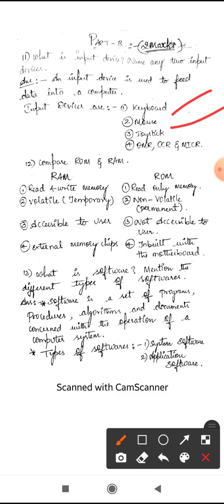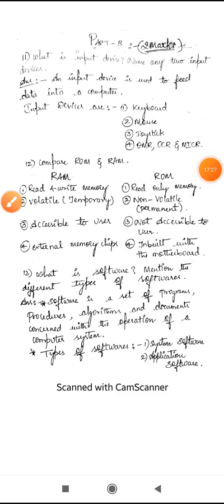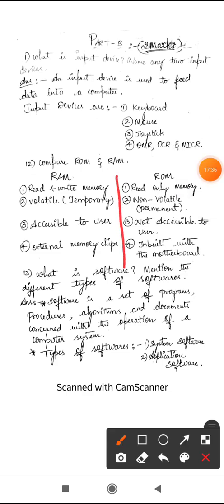So first, you have to make a column like this. Here you have to write the headings, RAM in one part and ROM in the other part. First, the differences you have to specify.